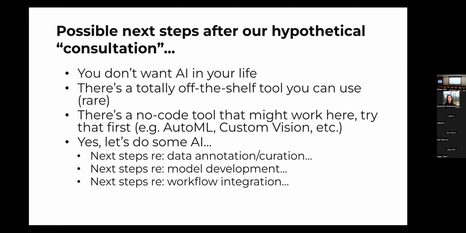Sometimes it can solve their problem. It also really does help build up some fluency and experience on the ecologist's part, like what a training validation split is, what is easy and what is hard. What is it like to try machine learning, even if it doesn't work? And the bar for trying it is usually pretty low. So if it's even vaguely on the menu that it might do something useful, I do encourage folks to try no-code tools first.